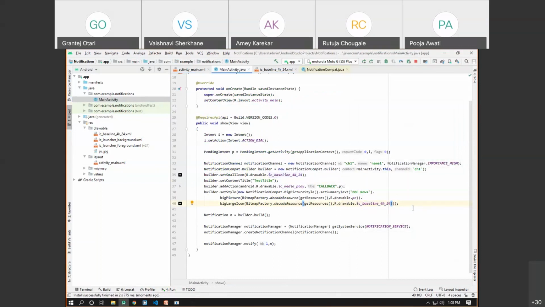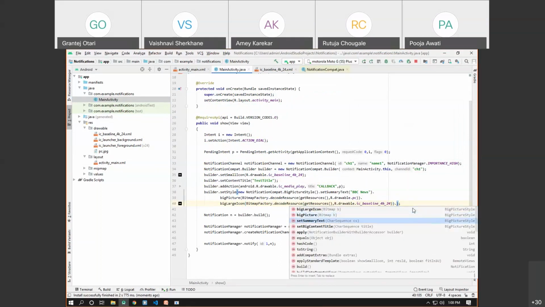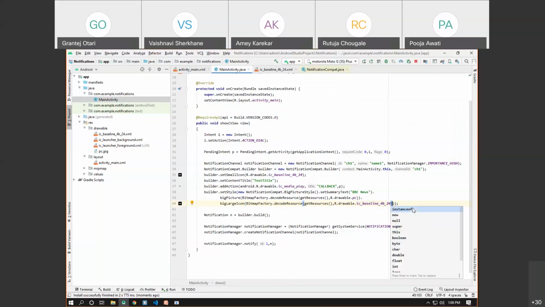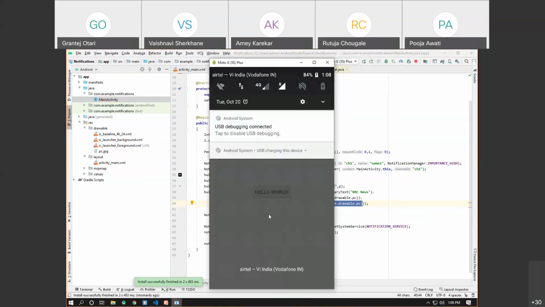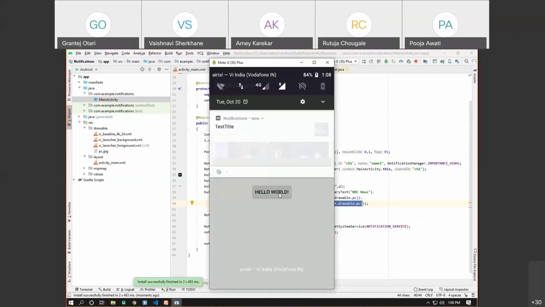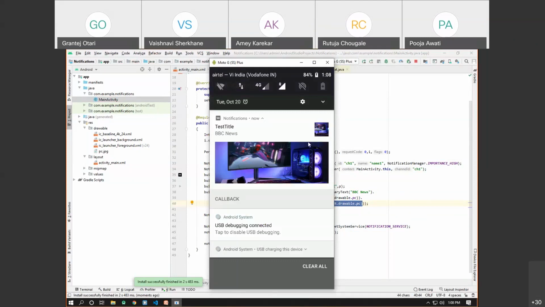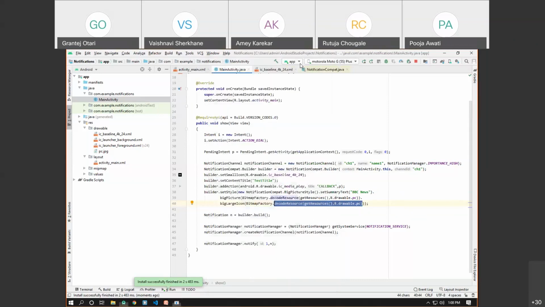I think it's from the XML file, it's not going to create the bitmap, or it's not possible to change its color here because we don't see any methods available. Okay, so what you can do, you can have the traditional JPG here, and then you can create a bitmap from the traditional JPG. Then it will work. Before the XML, it does not work. Let me check it again, but here it's not working. So for a traditional JPG image, it works, but for the vector XML, it's not working. Okay, so this is what we call the big picture style.